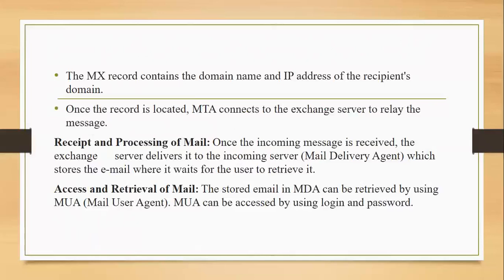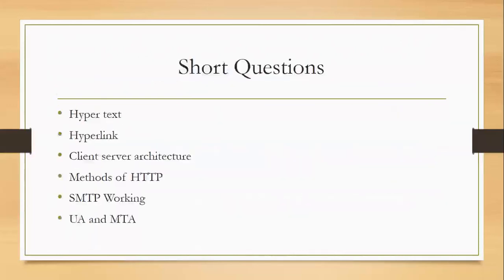For example, I want to compose a mail to any user. I must know their email address, their domain name. If the domain name is the same, then no need to communicate further. And if the domain name is different, then the MTA will help to perform all the tasks and check whether the particular domain name or IP address is valid or not. If it is valid, then the connection is created and the email is transferred, else it shows an error message. Once it completes the task, it will send the mail to the receiver. You can retrieve your mail with the help of a login ID and a password. I hope this is clear.